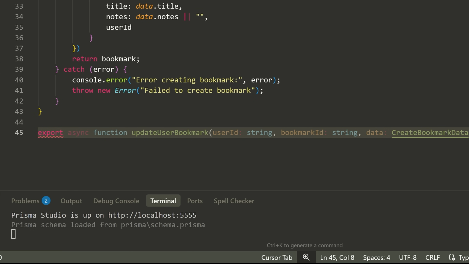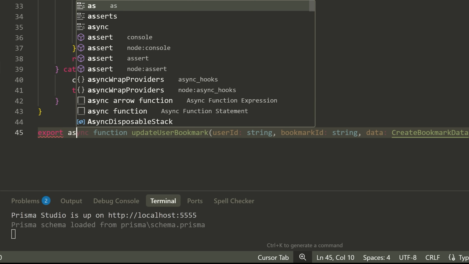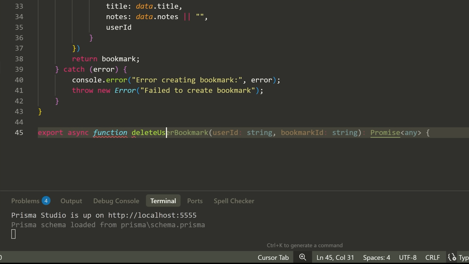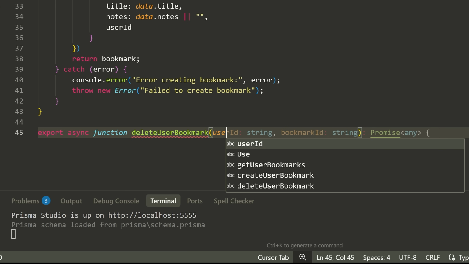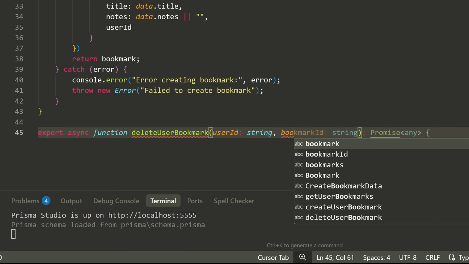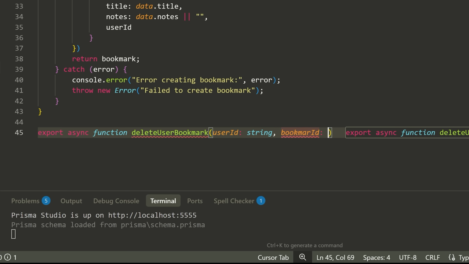We're going to write one more function, which is going to let us delete a bookmark. So I'm going to say export async function deleteUserBookmark. In order to delete a user bookmark, we need the user ID. And we're also going to need the bookmark ID. So let's go bookmark ID. This is going to be a string as well. Okay, this time the return is actually going to be a promise of Boolean, essentially indicating whether or not this